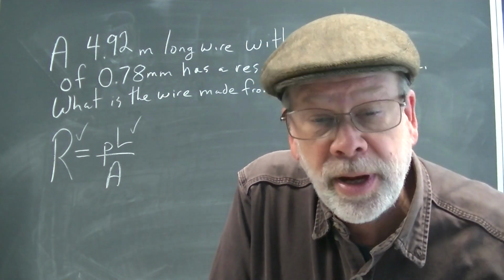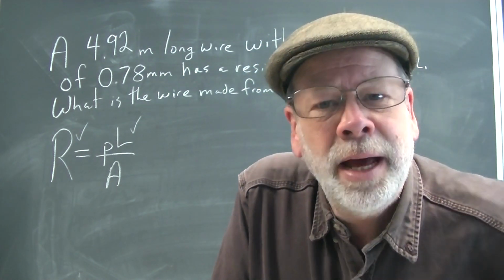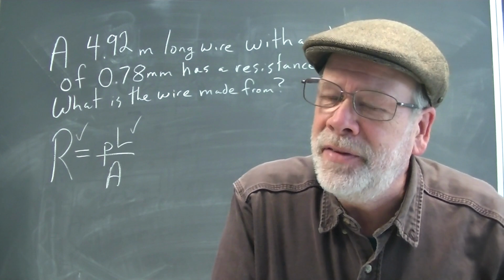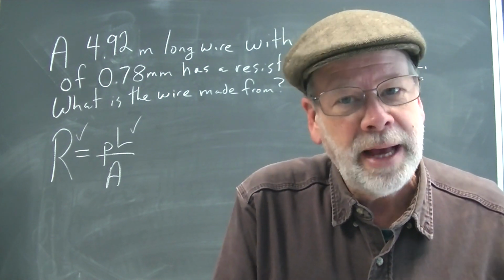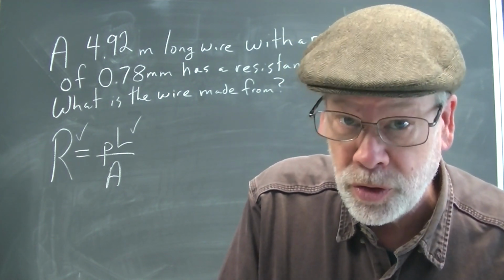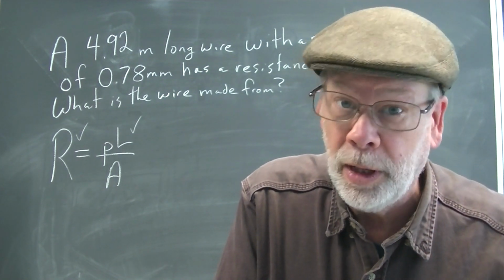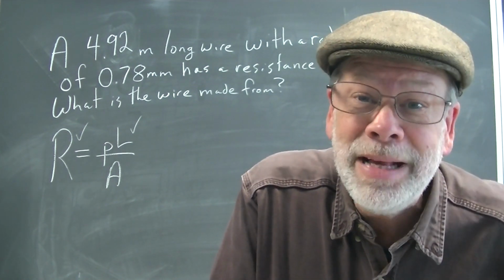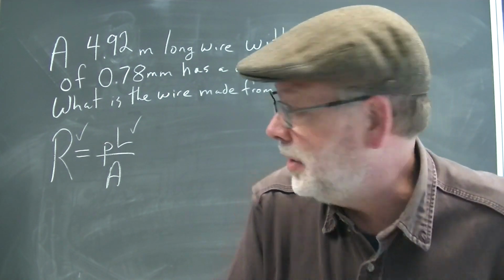Yes, there's only one other trick here. Notice that the radius is not given in meters. Radius is given in millimeters. So we're going to have to convert that to meters. Let's convert that first so that we're going into the formula with the proper units. And the rest should fall out easily to give us